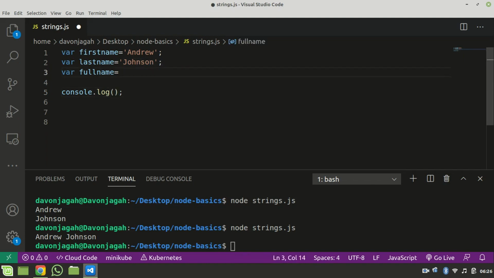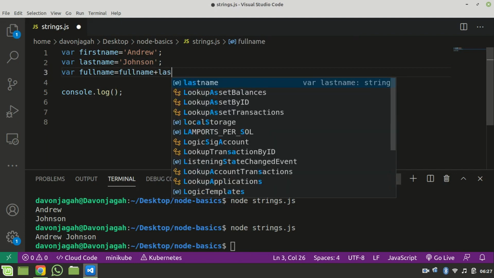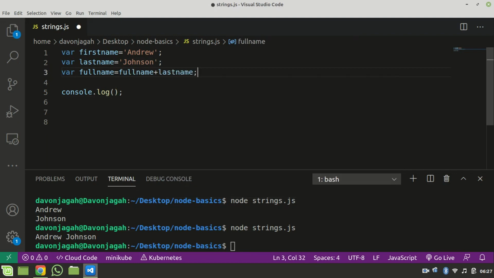So variable full name ideally would be, in JavaScript you concatenate using plus, so first name plus last name, then you end your statement. If you go ahead to print full name now, and you save this and you run,